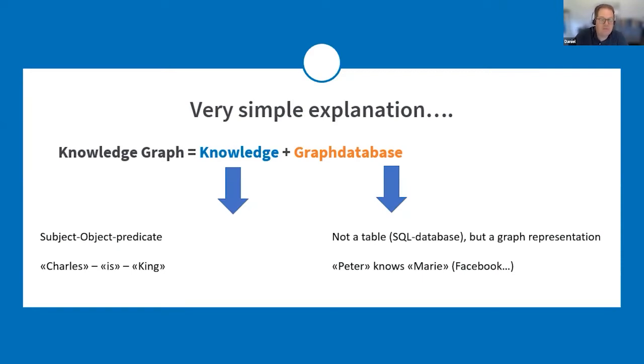So I have here a very simple explanation. A knowledge graph consists of knowledge and a graph database. So knowledge in the form of representations, typically in the form of subject, predicate, object. For example, Charles is the king, and in the form of a graph database. And here the clue is that it is not a SQL database, so not in the form of tables, but it's a graph representation. And one of the famous graph databases we all used is Facebook. So they represent, for example, the knowledge Peter knows Mary, and they have built their whole business model on representing these